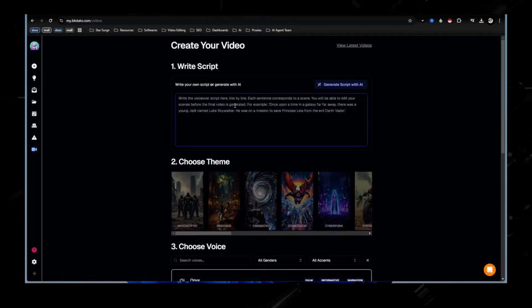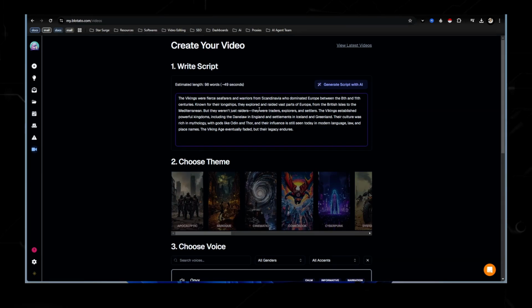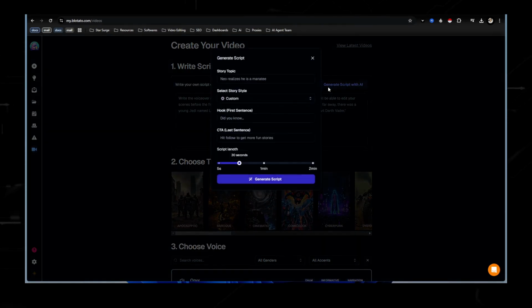We're going to let ChatGPT do that. Also, you can generate your own script without going to ChatGPT. I use ChatGPT, doesn't matter. Let's go ahead and use this though for the sake of this video. Generate script. So let's just go